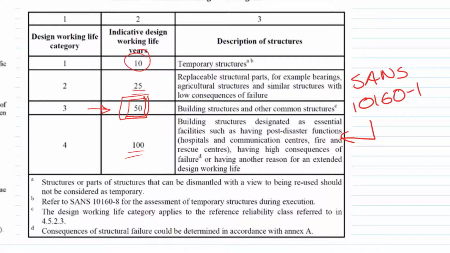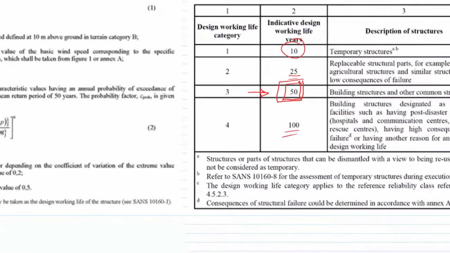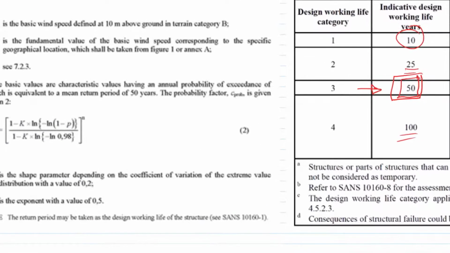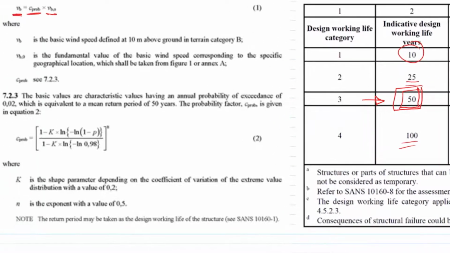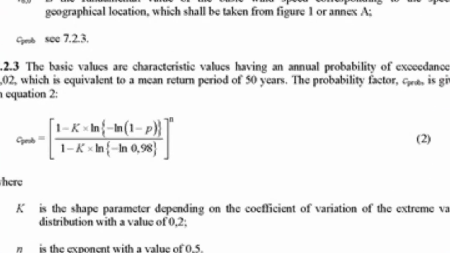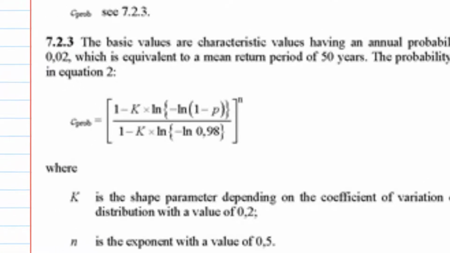But here we normally deal with 50 unless you have reason to go either lower, if you're willing to accept some failure once in a while, or higher if it requires post-disaster function or high consequence of failure. So we accommodate this indicative design working life in this rather funny looking equation here, and the probability of failure,